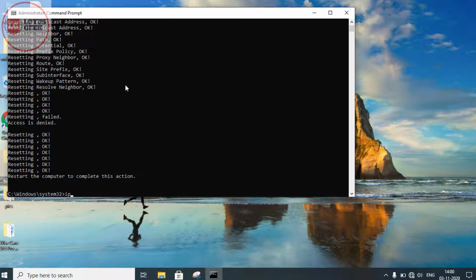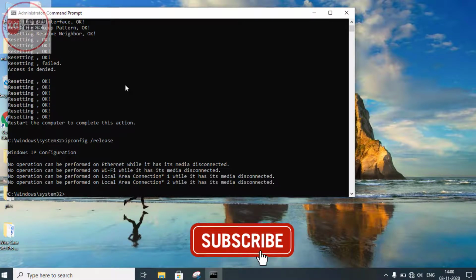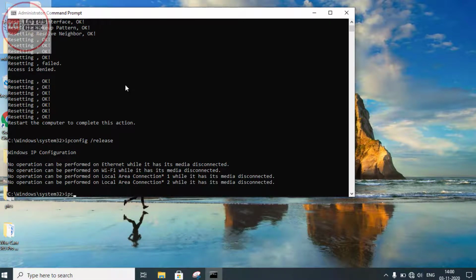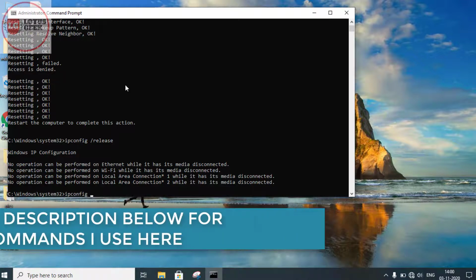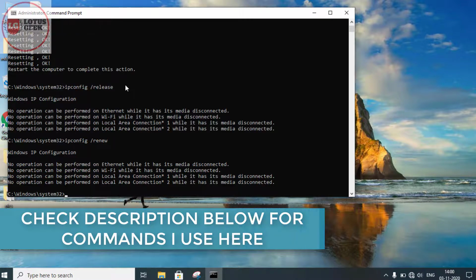Third is ipconfig space /release and hit the enter button again. Now we are going to proceed to the fourth command, which is ipconfig space /renew. Hit the enter button.